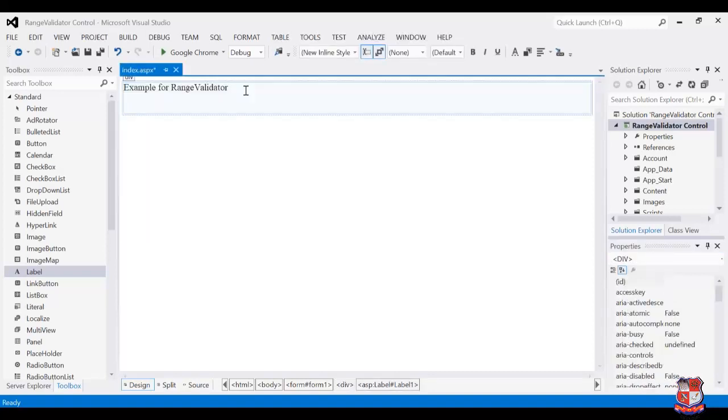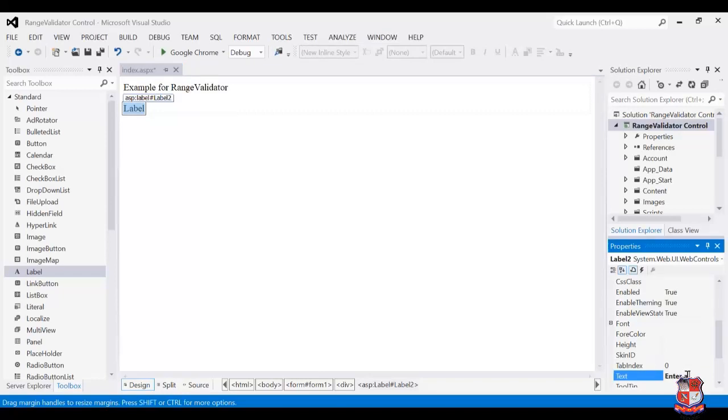Then I'm going to develop this application for two things. We have to take two inputs from the user. First is the age of the user, and second is the date of birth of the user, and we will apply range validator on it. So I'm taking a label, enter your age.